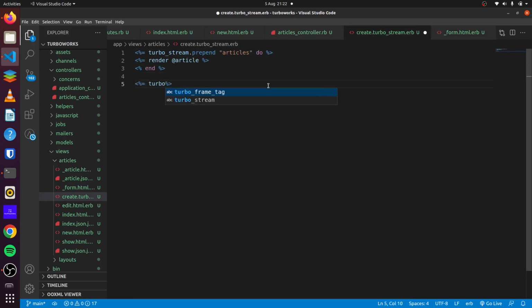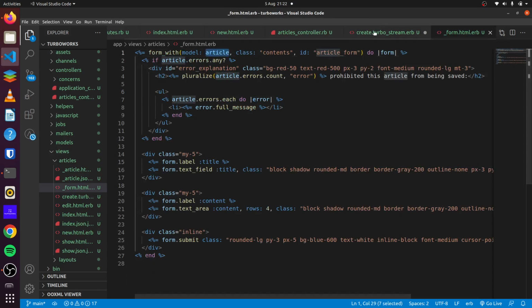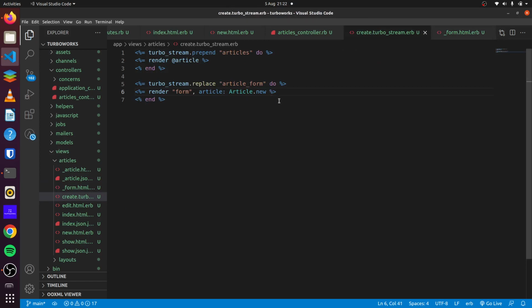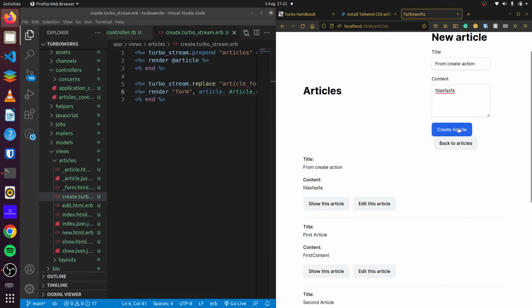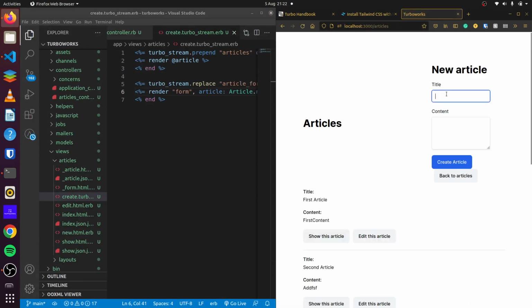So we'll say turbo_stream.replace, and we have article_form, and we can say do, and then we want to render out our form once again, and we want to set the article right here to be Article.new. So if we come back here, let's just save it and refresh and